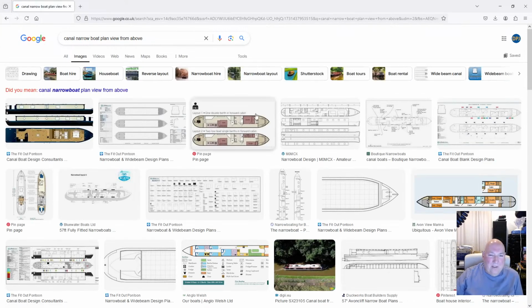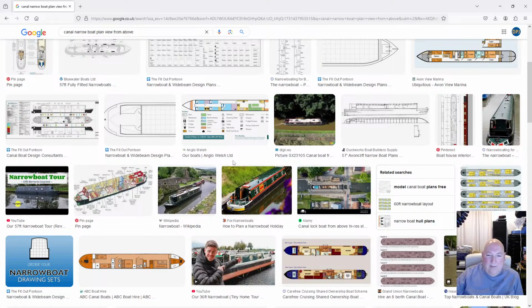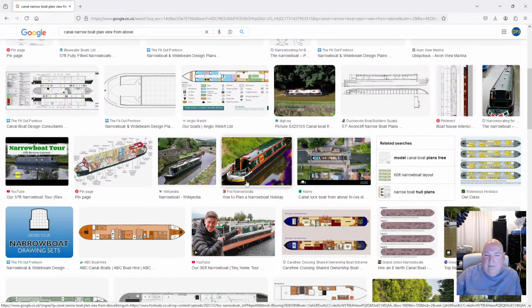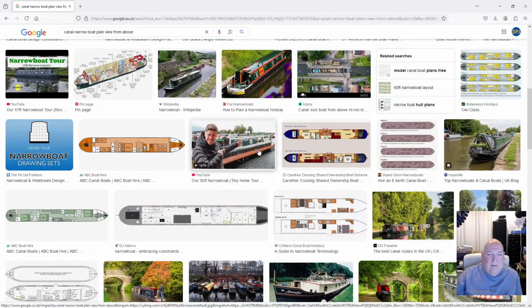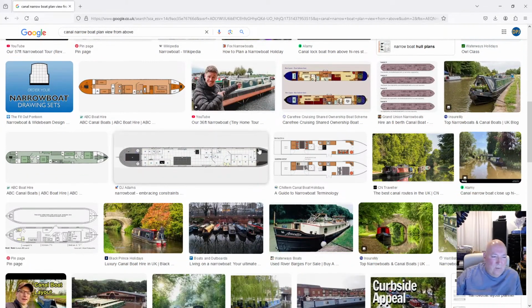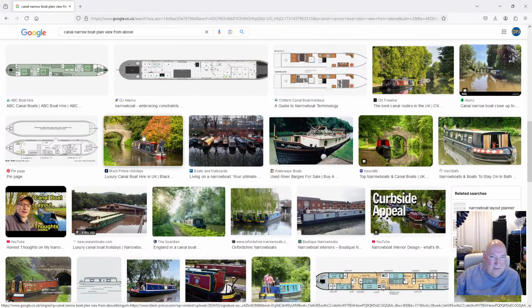I don't want to copy it, I just want some shapes. I don't know what a canal boat looks like. That looks very primitive, some of these do. So anyway, we shall have a look down on these canal boats. If you don't know what they are, if you're in another country and have never heard of a canal boat, I'm not going to give you a history lesson. I just want the basic perimeter, just to work out the bow and the structure and the scale. Basically, I just need it for scale,